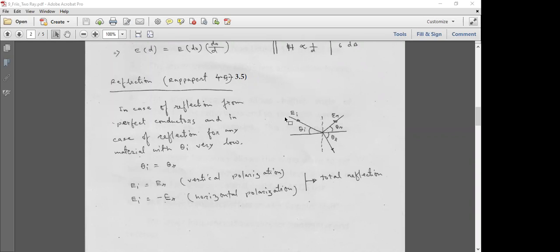I mean, consider the horizontal line as the ground. So we will consider the angle of incidence as the angle between the ray and the horizontal line. If this angle is low, then